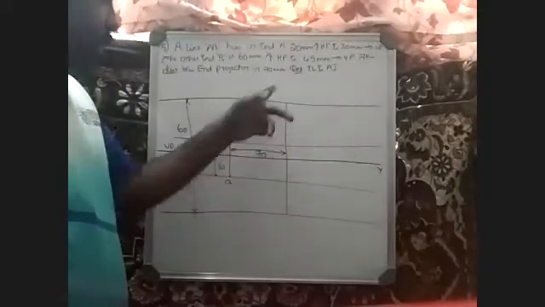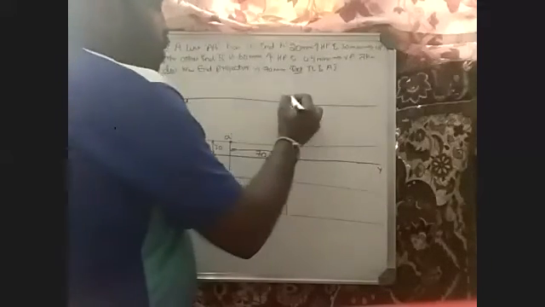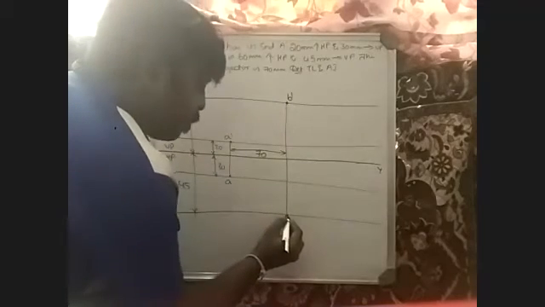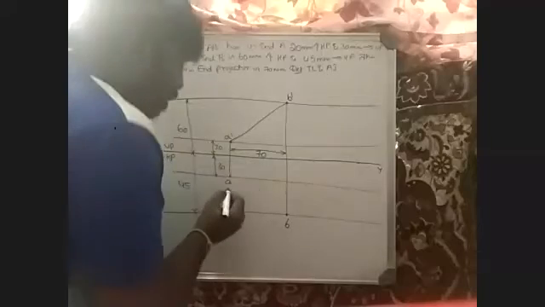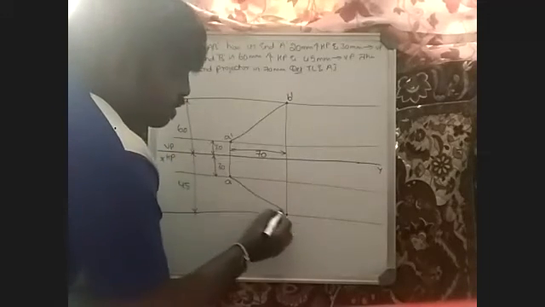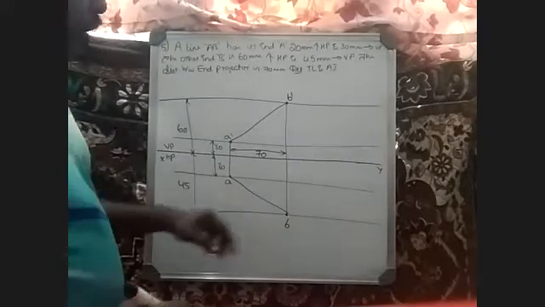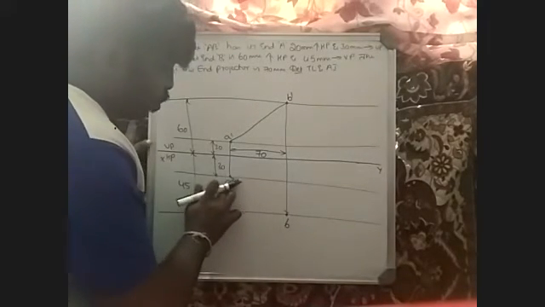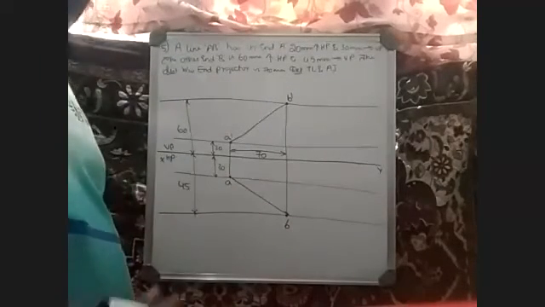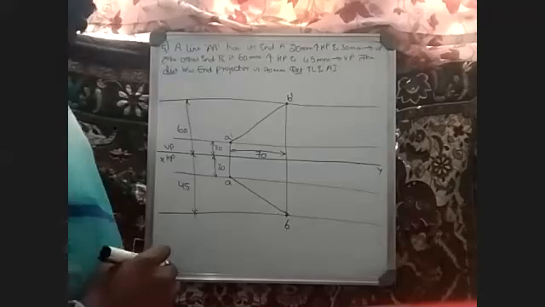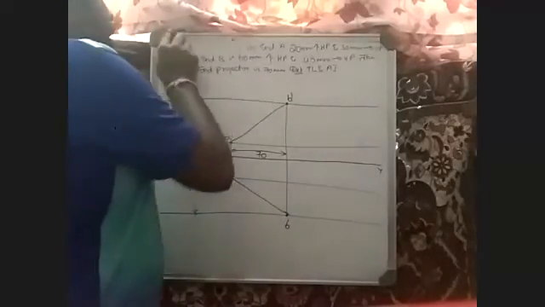Now, where do you get these end points? Here is the end of your apparent length in the front view, that is B dash. This is the apparent length end point in the top view, that is B. Okay, so this line is the apparent length of the front view. This line is the apparent length in the top view. So I have got the apparent length now. Now from the apparent length, I want to draw the true length. How do I draw the true length from the apparent length? That is what we have to understand. Okay, for which I will draw an old solution for your proper understanding.